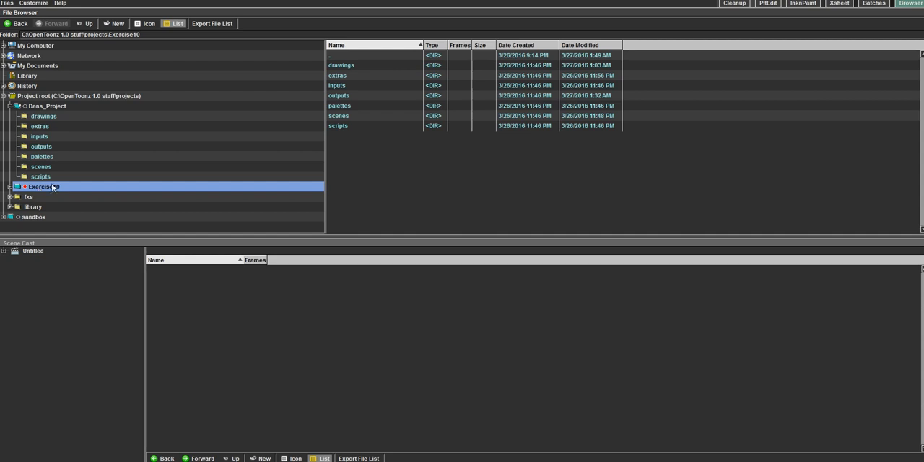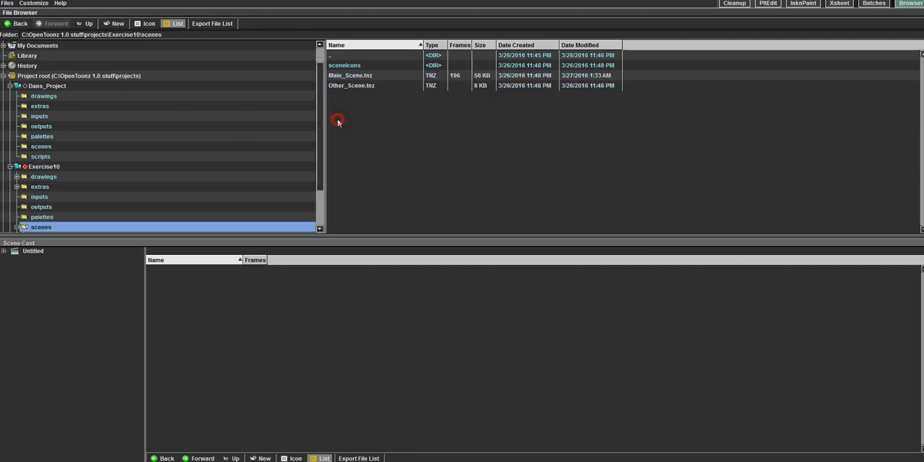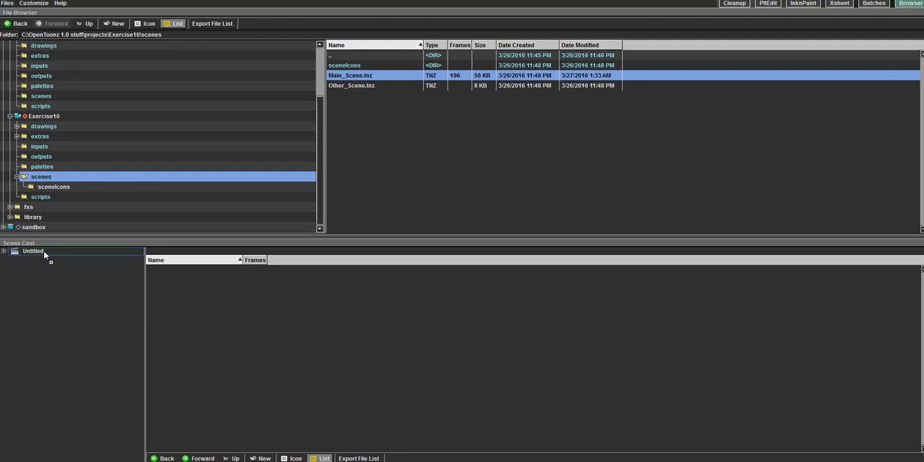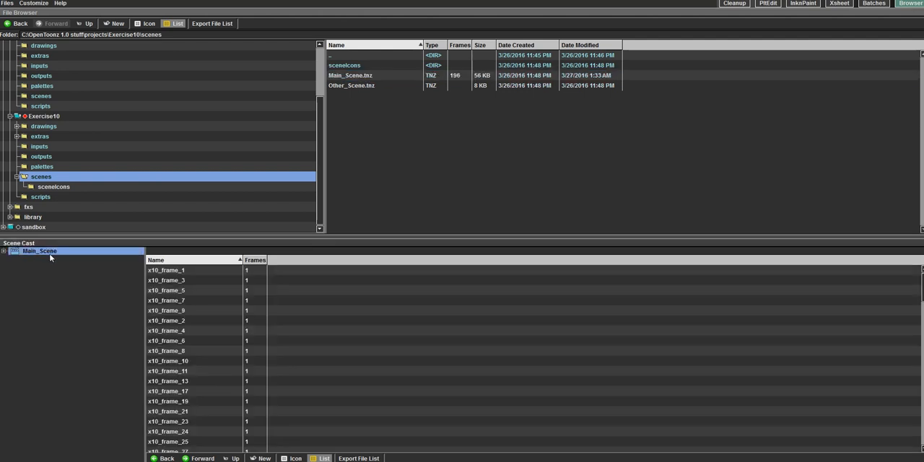So that's basically how the project hierarchy works. And then inside of your projects, for example, I have a scene. So I can go inside my exercise 10. I've got a scene that I built as just a test, and I just called it main scene. And I can load that up. Yeah, here. And then inside the main scene, I have a scene browser, and I can look at the